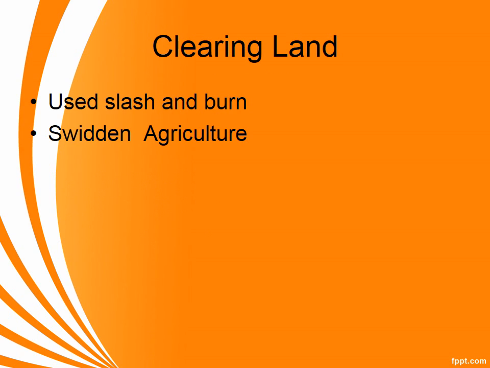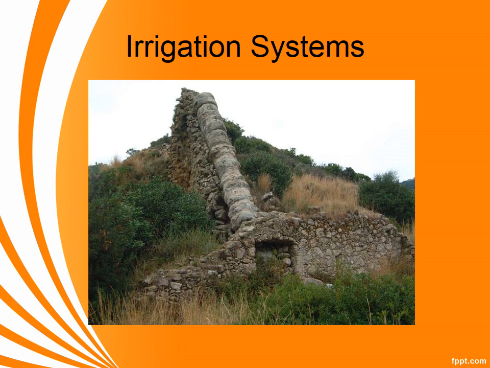Like I said, they used slash and burn agriculture and systematic shifting agriculture when they first started clearing land. Here's an example of an ancient irrigation system. You can see the understanding of gravity is limited at this point. It's nothing compared to what the Romans are going to be able to do with the aqueducts, but the development is there. This is actually in India. This irrigation system was found near Mohenjo-daro. So they're using rocks. Remember, we don't have advanced tools in order to move and control water.